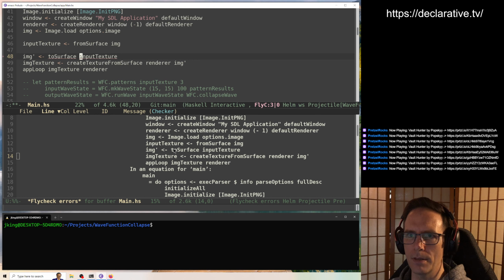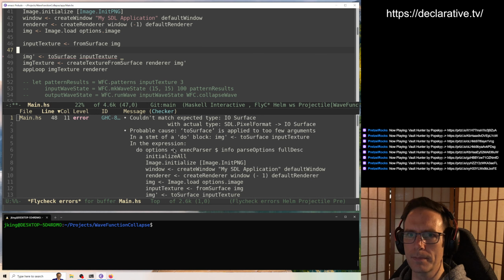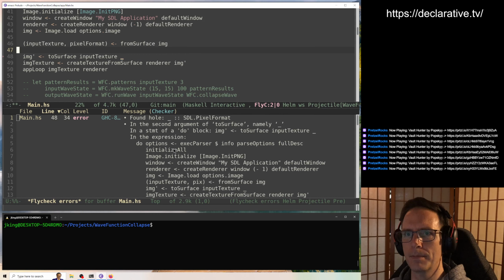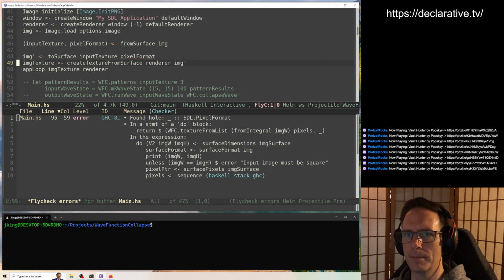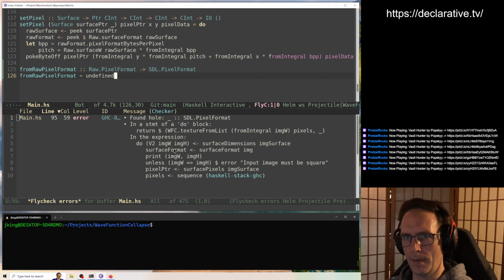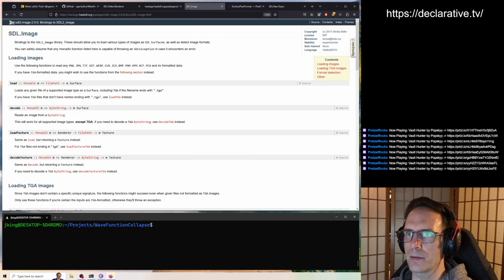Yeah, so toSurface is going to need an argument. It's going to be pixel format. You have to pass it in here. Okay, from raw pixel format, let's go. Okay, so from raw format,